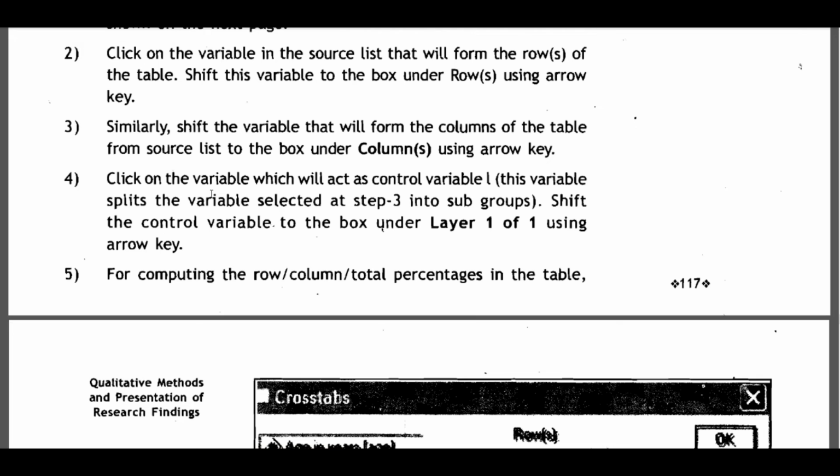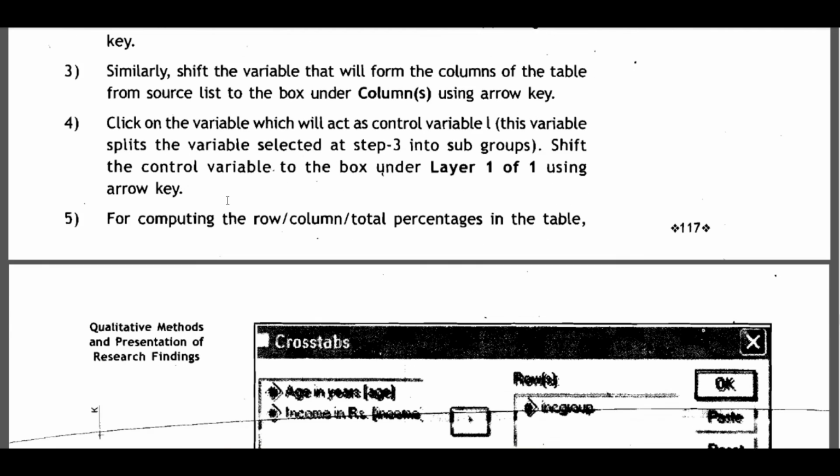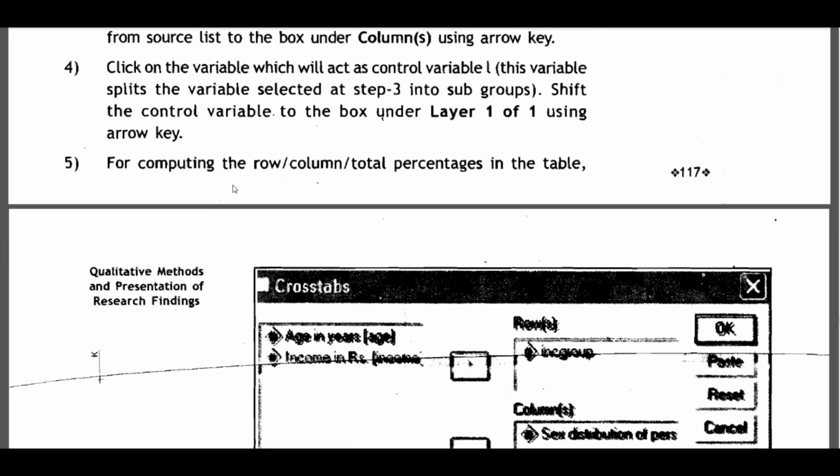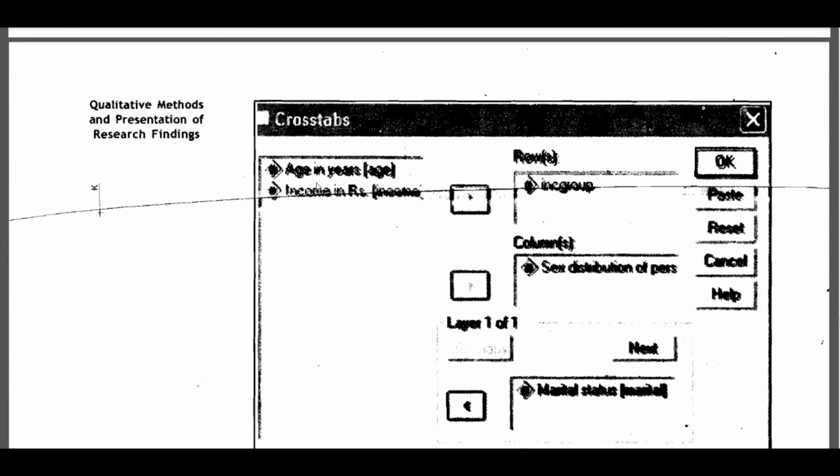using the arrow key. Click on the variable which will act as a control variable. This variable splits the variable selected at step 3 into subgroups. Shift the control variable to the box under Layer 1 of 1 using the arrow key. For computing the row or column total percentage, just